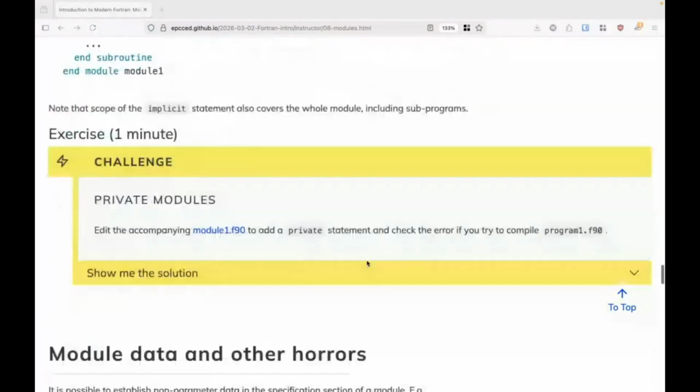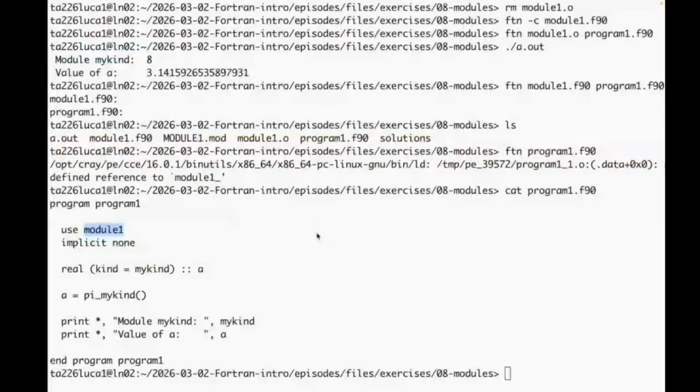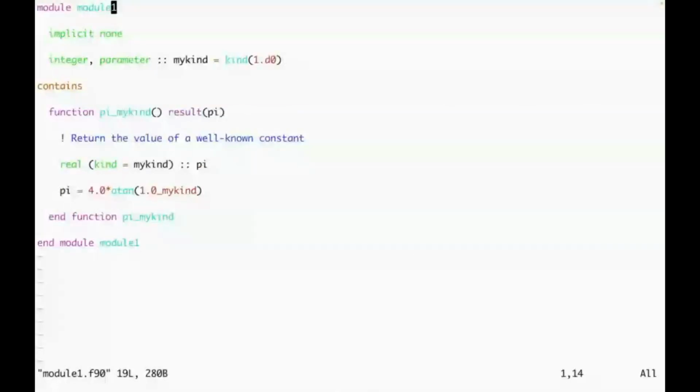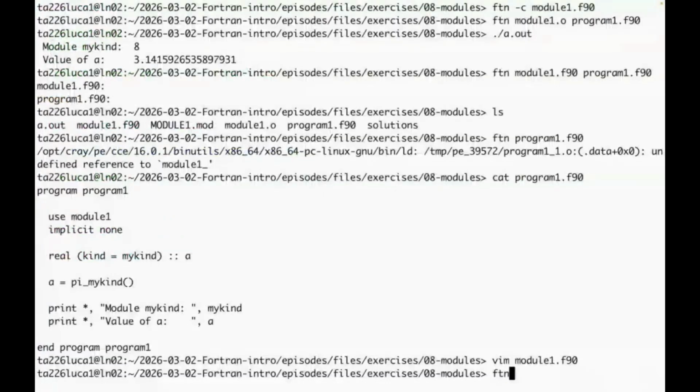Okay, so there's a little bit of a challenge here. So in module 1.f90, let's add a private statement and just see what happens. So let's just take a quick look at that. We'll just make it private, and we'll just see the error that comes up. I've already told you what we expect to happen. We expect to see the compiler complain,